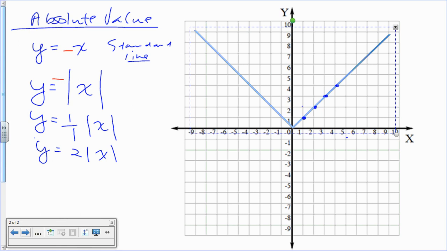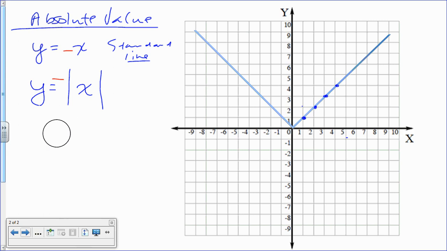What happens if it's a fraction? The closer to 0 it gets, it turns into what? A flat line. You see that? Okay, it gets what? Wider, doesn't it? So the closer my slope gets to 0, the flatter the line gets. Everybody clear on that? Is it kind of coming to you? You're starting to see it a little bit easier? Okay, now,